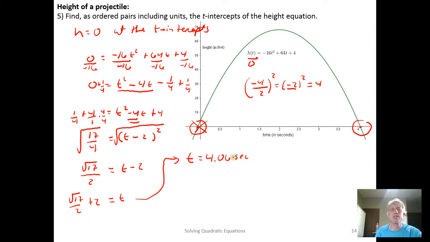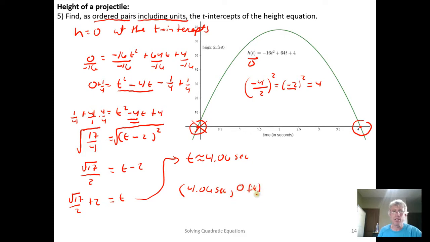4.06 seconds. Actually, it's not equal to. That's wrong. I approximated this. I had to round it. The square root of 17 wasn't a rational number, so I had to approximate it with a rational number. So it says find it as an ordered pair. 4.06, but I'm also told to include units, so that's 4.06 seconds